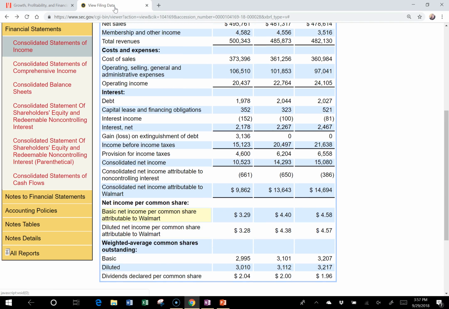And here we see basic net income. We want this. Oh, here's our weighted average shares outstanding. So if we don't want to use attributable to Walmart, if we want to take our whole consolidated net income, 10,523, and divide it by, we can't divide it by the number of shares, because it only makes sense to have the number of shares held by Walmart. These are the shares that the Walmart stockholders have, so we're going to clearly look at not the consolidated net income, but the consolidated income attributable to Walmart. So now we want this 9,862